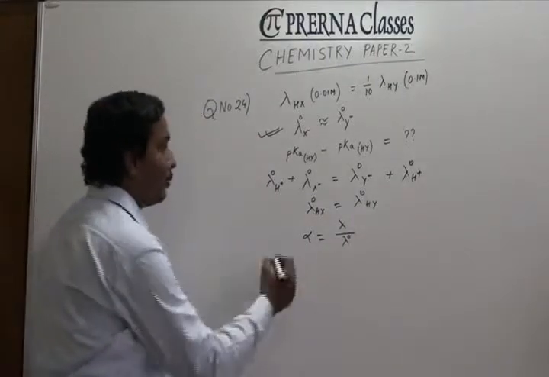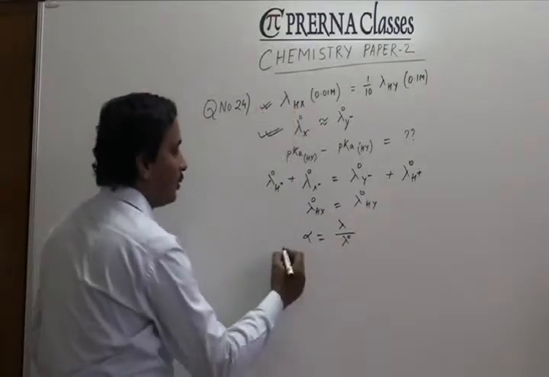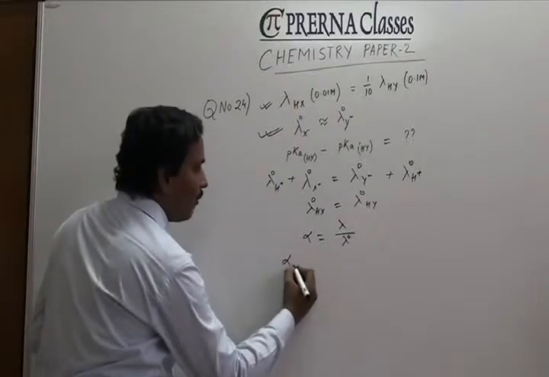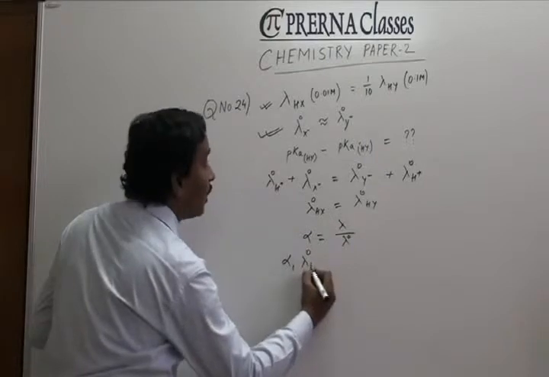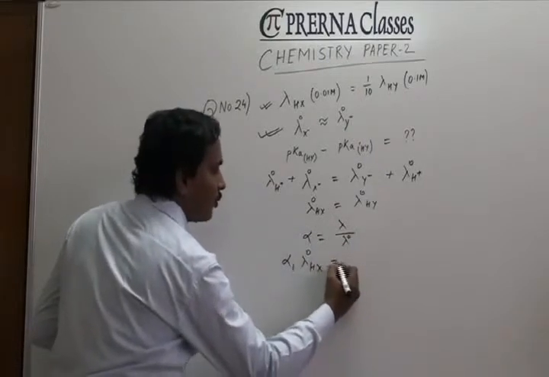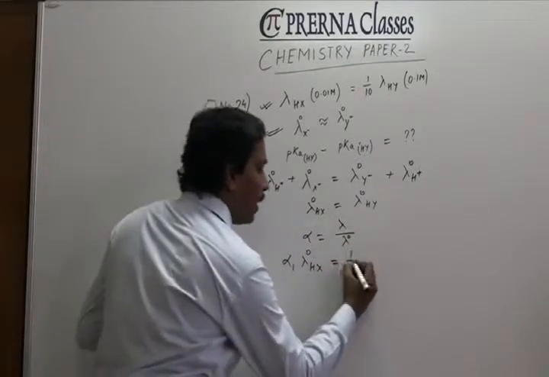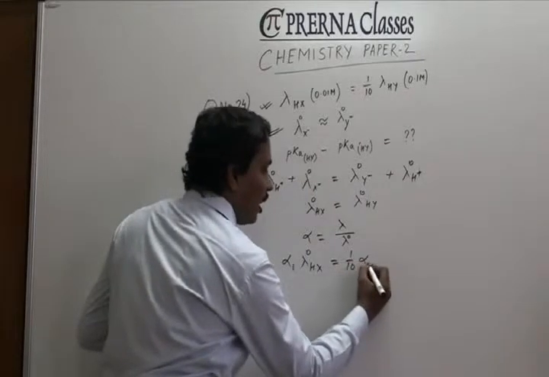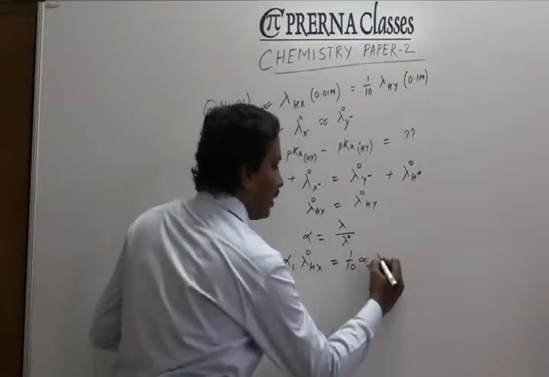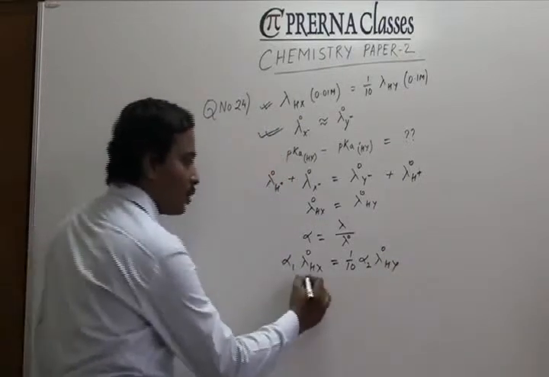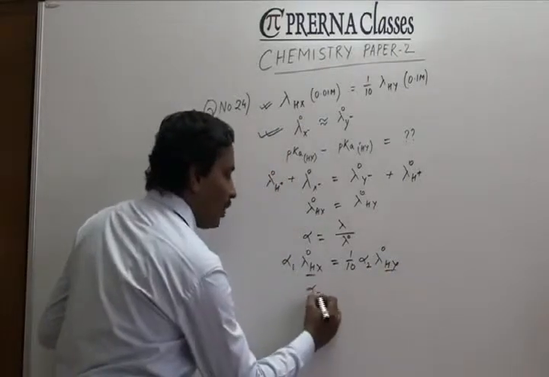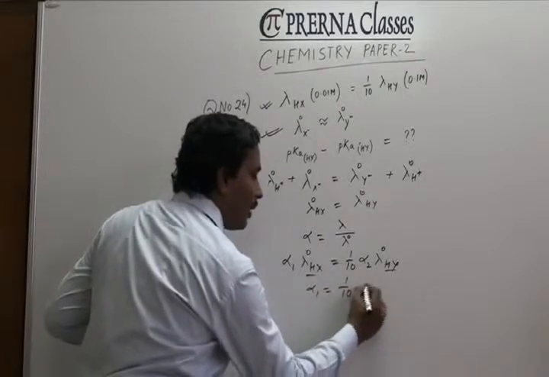So we can write, using this relation, alpha 1 lambda naught HX is equal to 1/10 times alpha 2 lambda naught HY. Since these two are common, we can say alpha 1 is equal to 1/10 alpha 2,